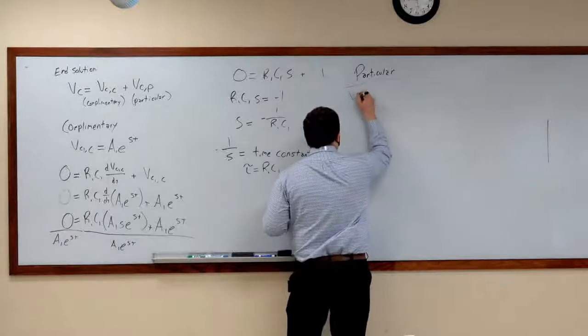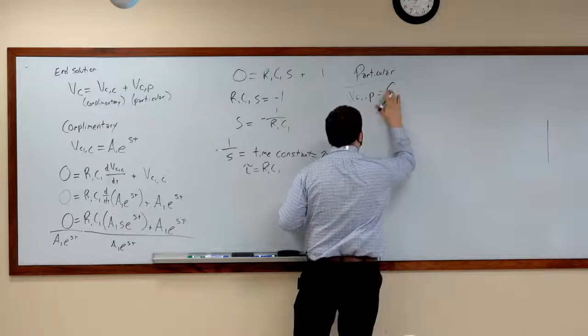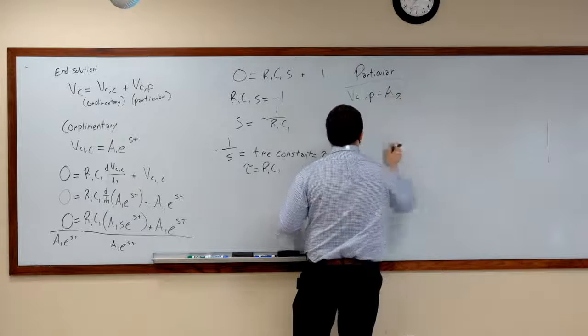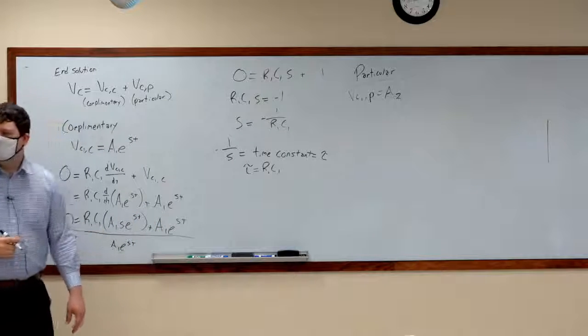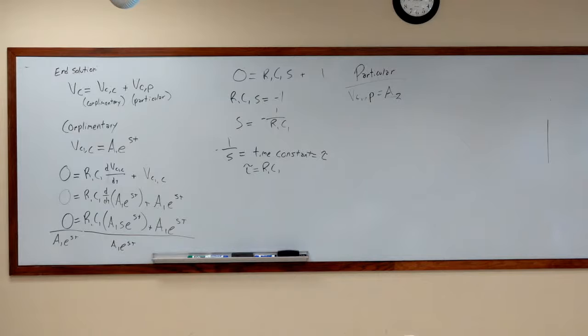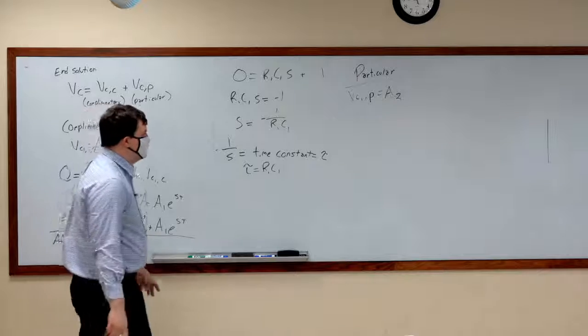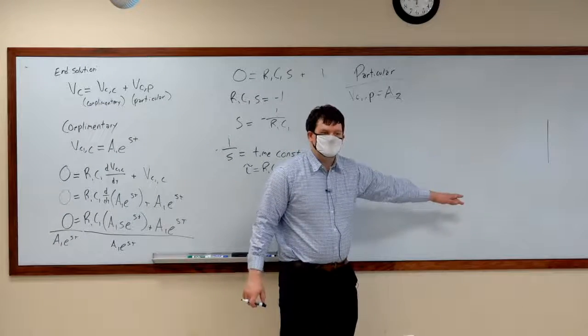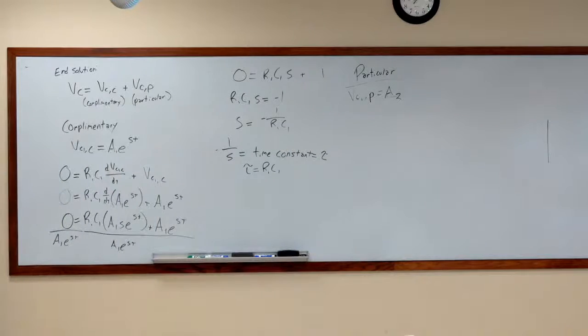Okay, so we're going to guess Vc1 particular is equal to a constant, which I'm going to call A2. The problem is I like using the letter C, but we're already using C. We are very close to being finished. This problem has taken almost an hour. In fact, at this point it has taken an hour, so we're almost finished. We're going to guess that the particular solution is equal to A2, right? So our second step is we plug this into the non-homogeneous equation,